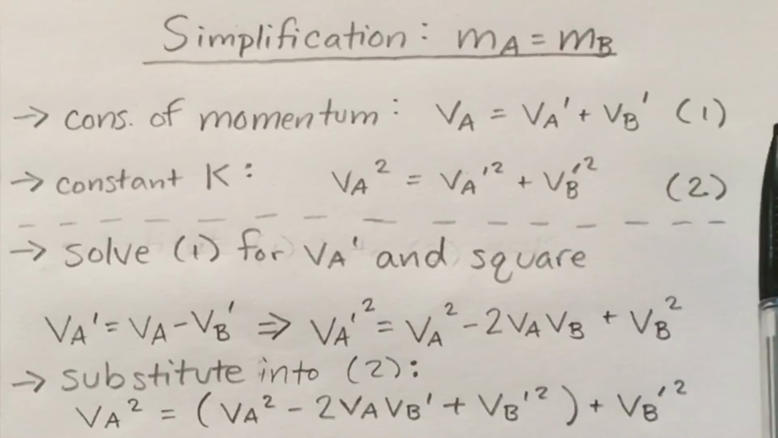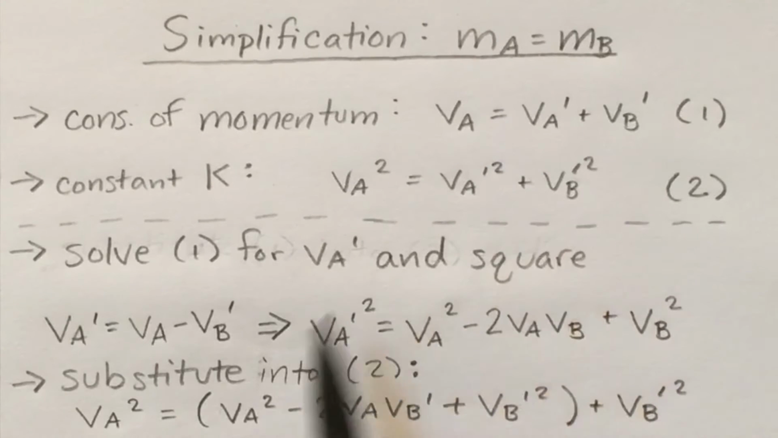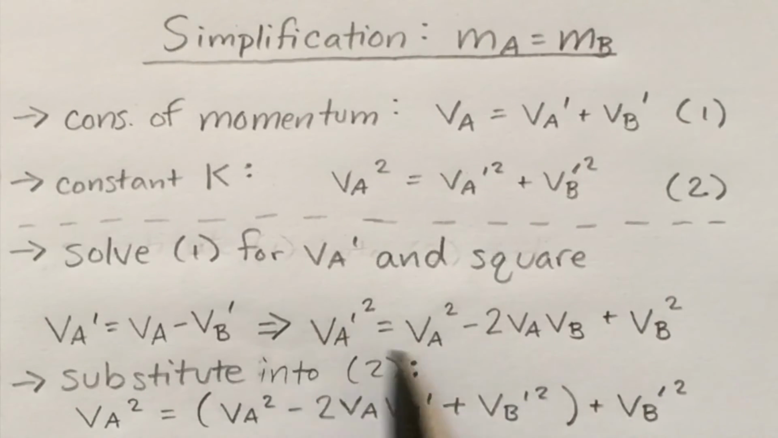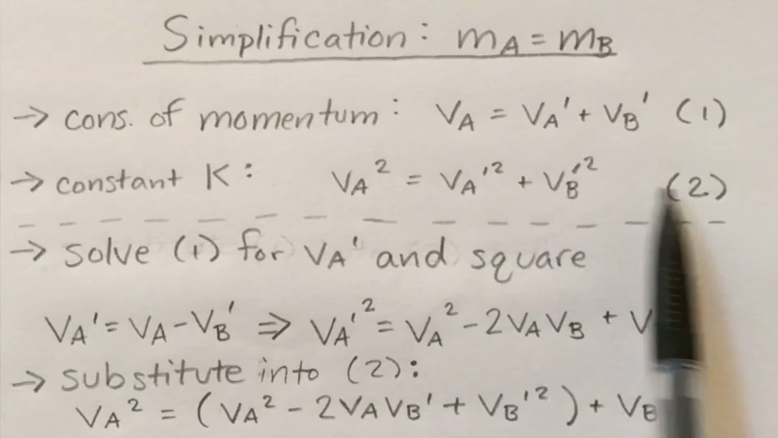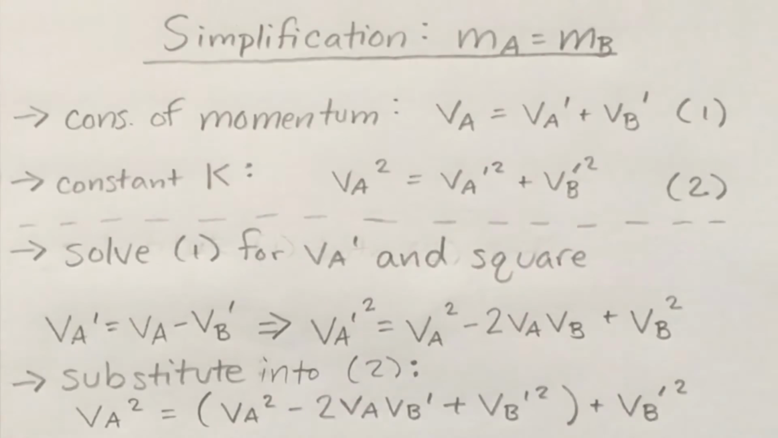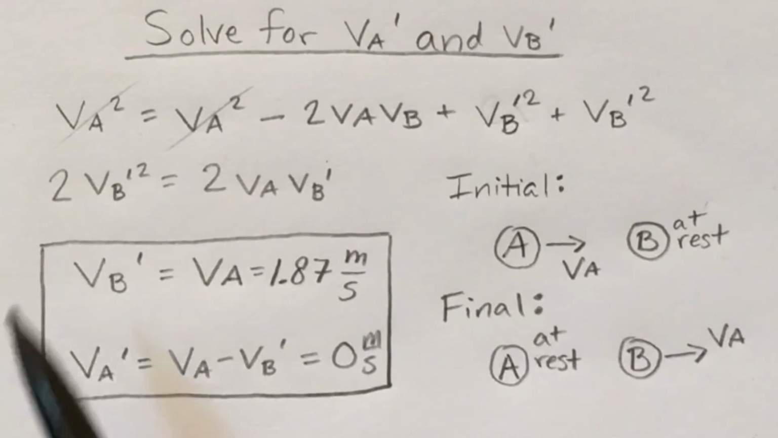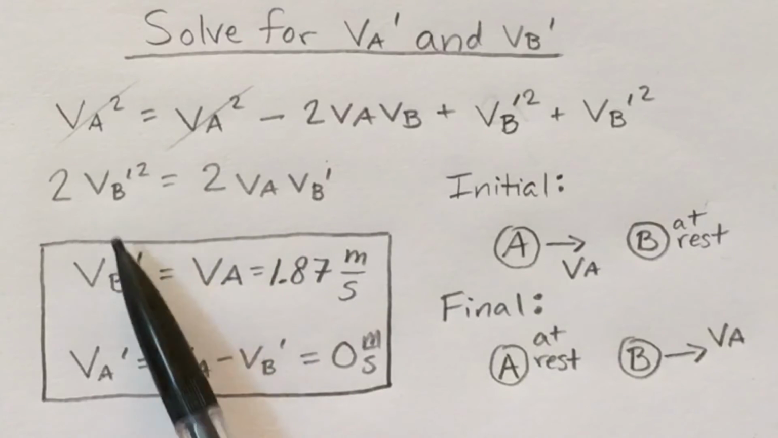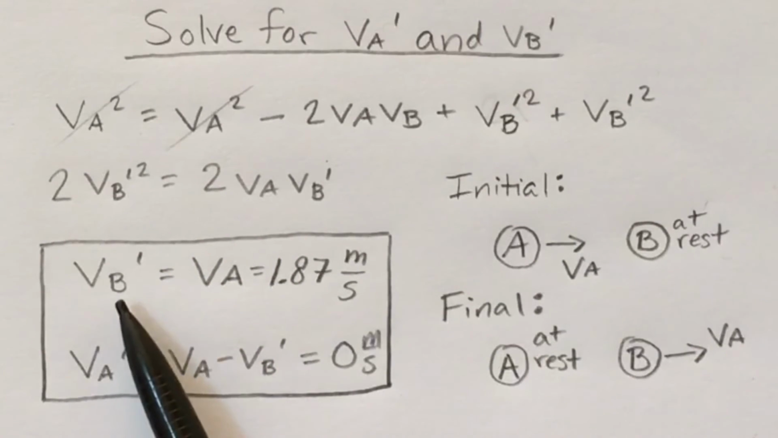We take equation 1 and solve it for VA prime, and then square both sides to find this expression here. We then substitute in this whole expression for VA prime squared in equation 2 to find this equation here. The equation we just found simplifies to the point where we see that VB prime, the velocity of ball B